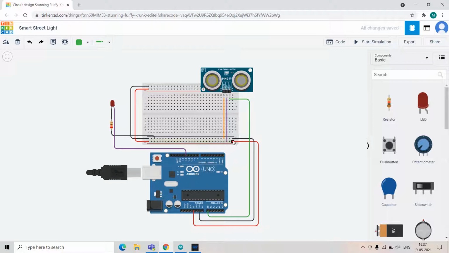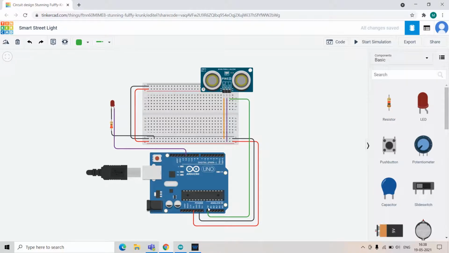At first I connected the positive and negative rails of the breadboard to the 5 volts and ground pins of the Arduino Uno respectively. Next I extended the power and ground rails of the breadboard to their respective buses on the opposite edge. Next I connected the cathode of the LED to a 220 ohm resistor. The other leg of the 220 ohm resistor is connected to the ground. The anode of the LED is connected to Arduino pin number 12. The first two terminals of the ultrasonic sensor are connected to the ground and power pins respectively, and the third terminal is connected to the analog input pin A0.